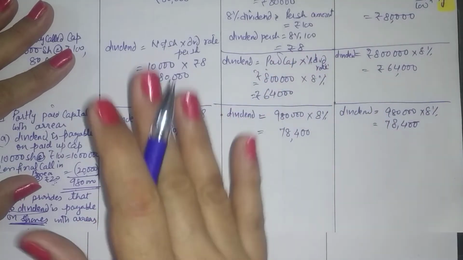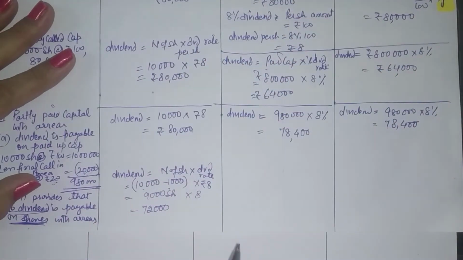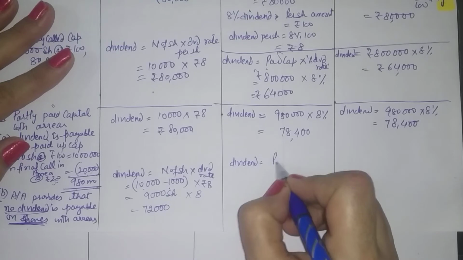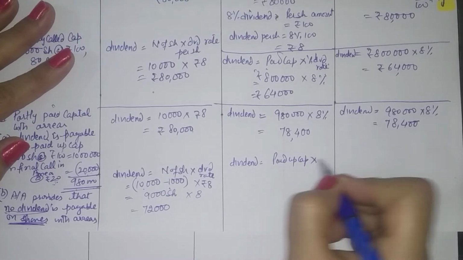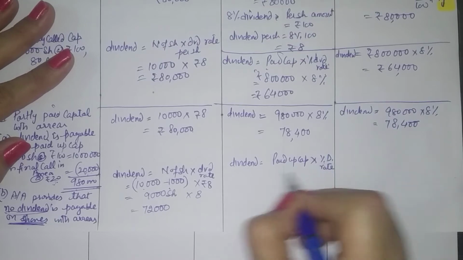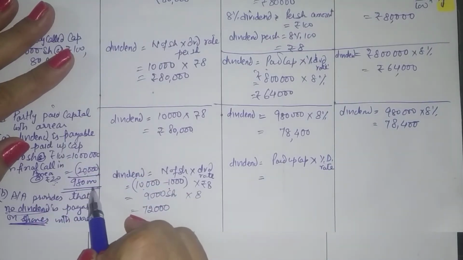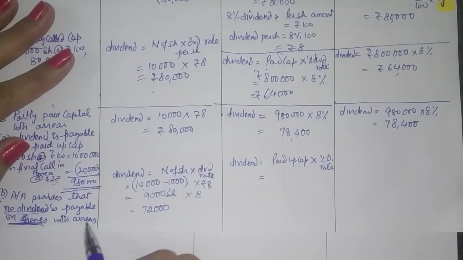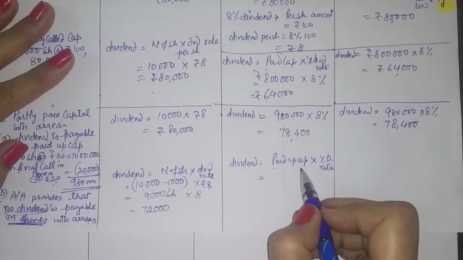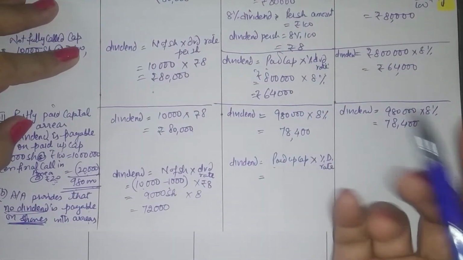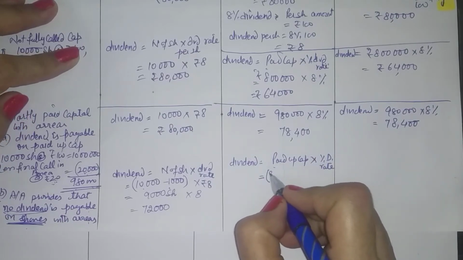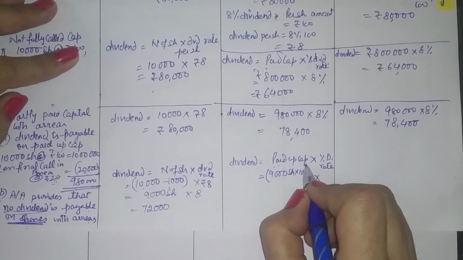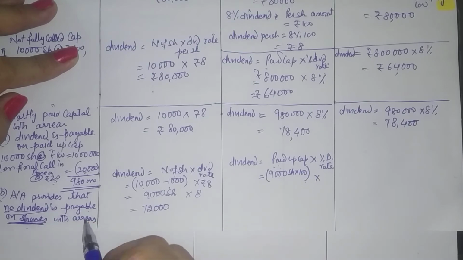Now coming here, when the rate is given as a percentage at a flat rate, because a percentage can be given at a flat rate or as per annum. So if a flat rate is given, now your dividend is to be calculated on paid up capital into percentage dividend rate. Now paid up capital is normally taken as directly given to us, 9,80,000, but your article has a clause here that no dividend is payable on the shares with the arrears. It means while calculating paid up capital, you will be taking up 9,000 shares of 100 rupees each. Your paid up capital here in this case will imply capital without those shares on which you have the arrears.